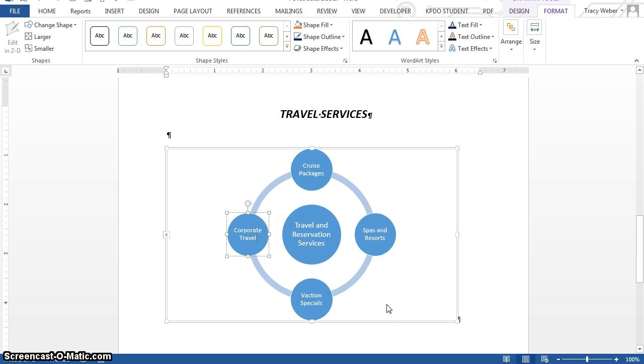Okay, and then I'm going to click inside the graphic, but outside any shapes in order just to select the